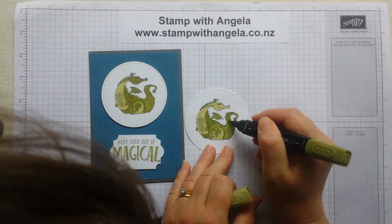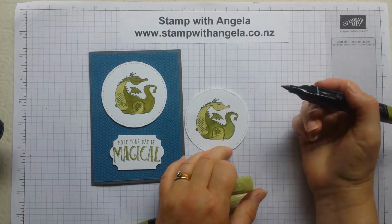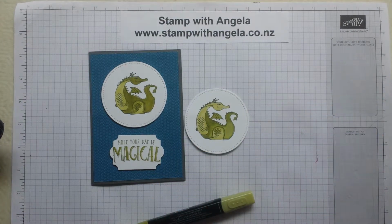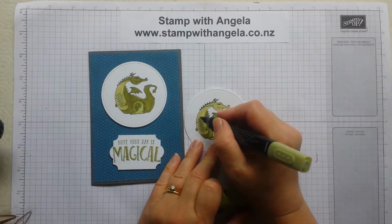So it takes a little while to get used to the colours and the blending and things, but once you get the idea. So those colours are blended a bit more. Go back to my narrower side. I didn't on that one, but I'm going to...